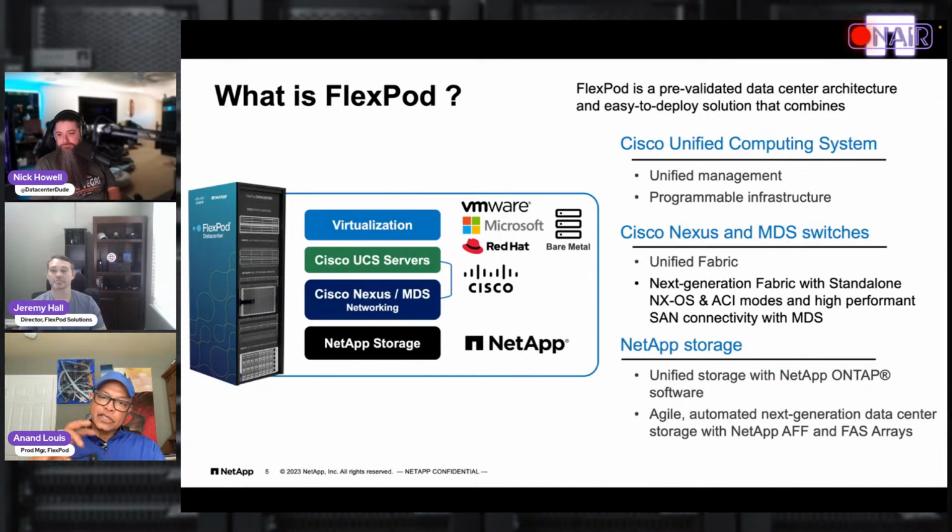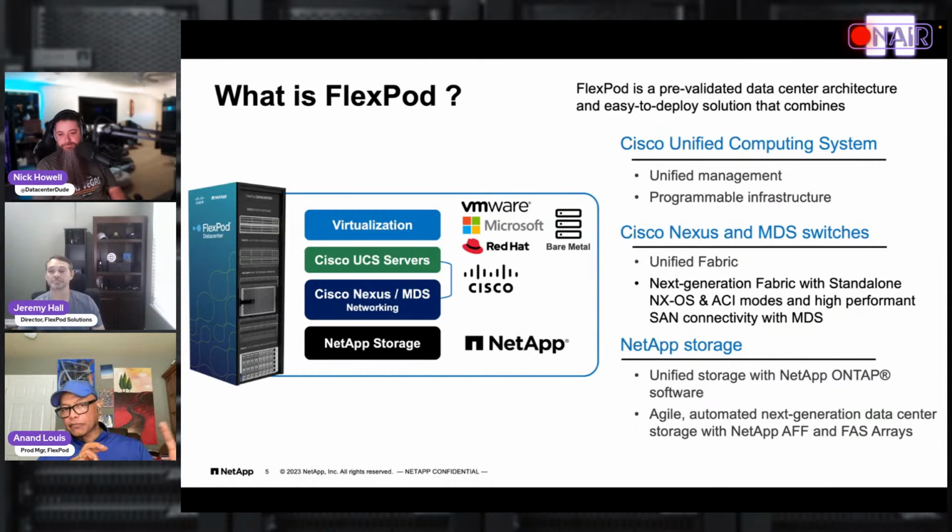Nexus also can be changed into what we call the ACI mode, application-centric infrastructure. It's again a programmable infra. It's for large deployments. We have seen multiple customers deploy when you're talking about 250 nodes, etc. ACI is perfect because that provides you the zero trust programmability of the infra. So those are the 2 components.